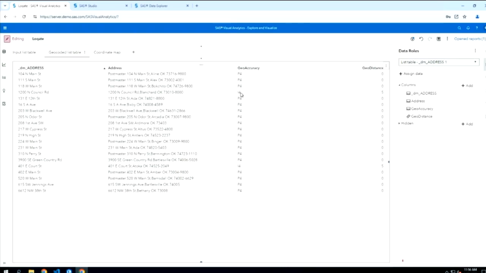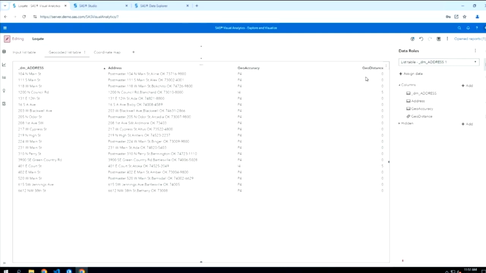We do have a couple values, I4, and essentially what this means is that it interpolated a range of values. So it doesn't have the latitude and longitude values for that specific address, but rather it's averaging based on the address between a certain range of values. So it's still very accurate, but not quite as accurate as P4.